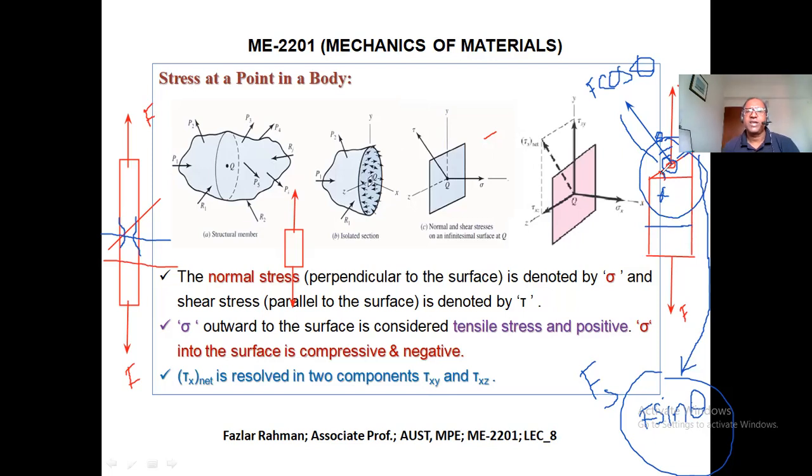So just remember right now, if you cut a body, there will be a normal stress perpendicular to the surface, and there will be shear force parallel to this surface. Okay. Now,